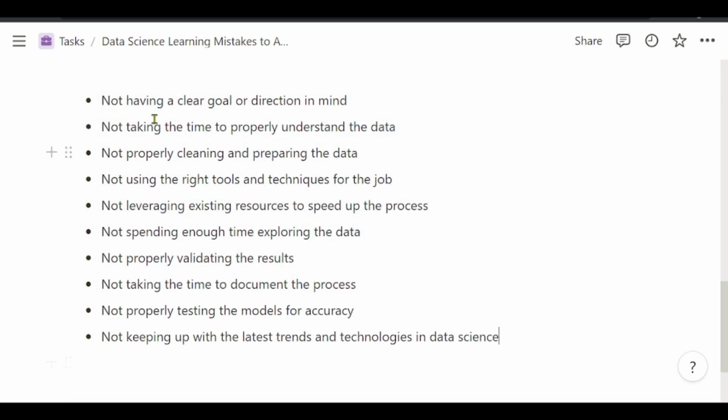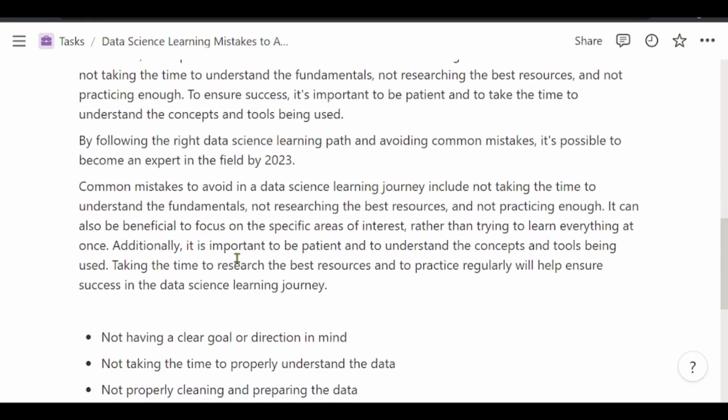Right. So when you are learning data science, before we get to that, we should finish with this: that you should take time to research the best resources. There are hundreds of resources today when you need to learn data science, and many times you'll be caught up trying to jump from one resource to another.